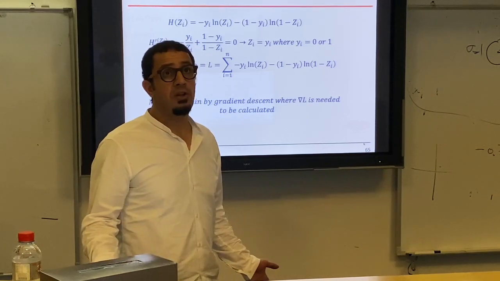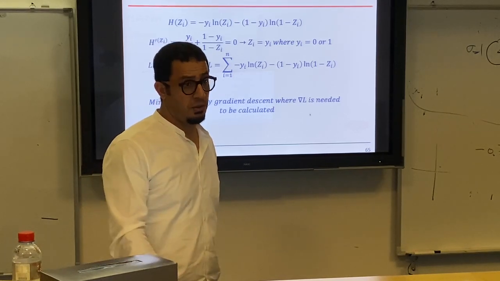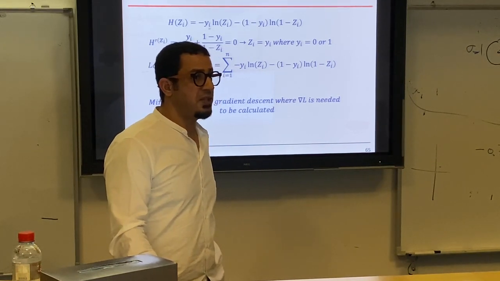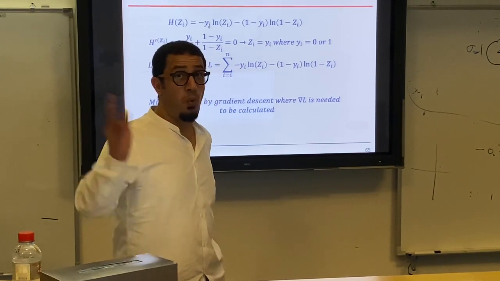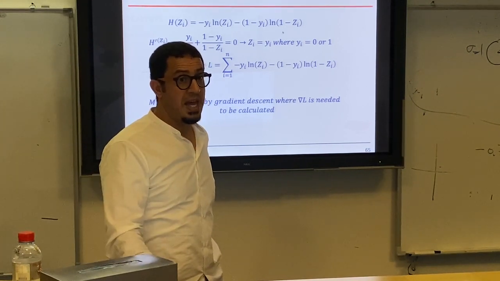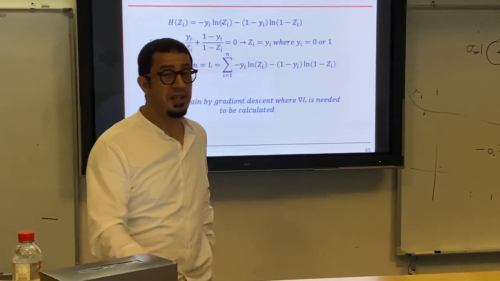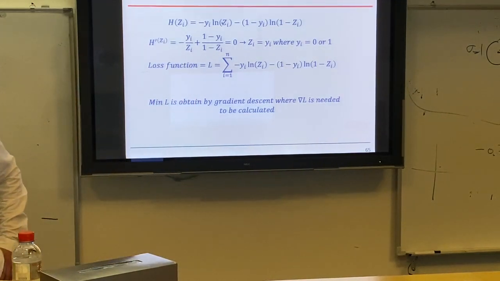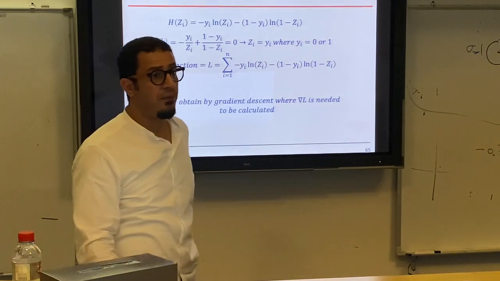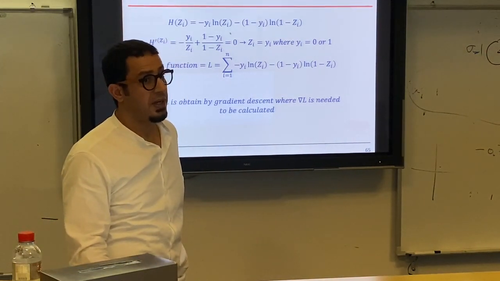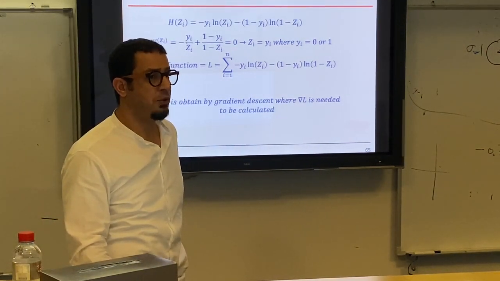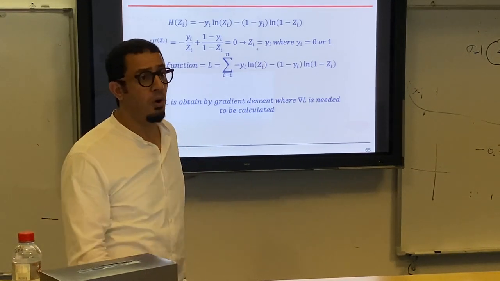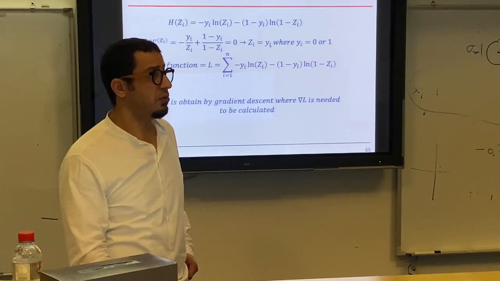Why do we use this cross entropy loss? Because look here, if I have these functions, this is y, it can be 1 or 0. And this is my distribution that I want. When y is 1, it should be high. When it is 0, it should be low. So how can we force my loss function to do this? Because what is the minimum of this? If you do the derivative and set it to 0, you will find the minimum only when zi equals